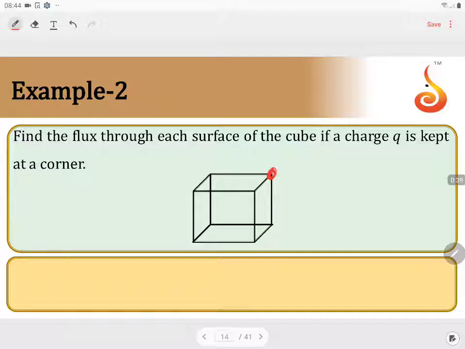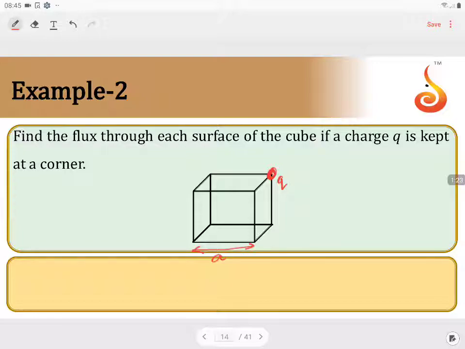So for this, we have to construct seven more cubes along with this cube. Totally we have to consider eight cubes, so the given charge falls at the center of the bigger cube. If the side of this cube is A, then the side of the bigger cube will become 2A. So along with this cube, eight cubes will come. On the bottom side there will be four cubes, on the top side there will be four cubes. Then this point charge will be at the center of the bigger cube.